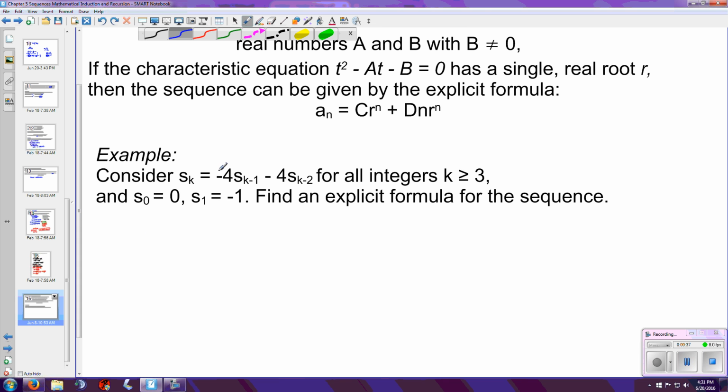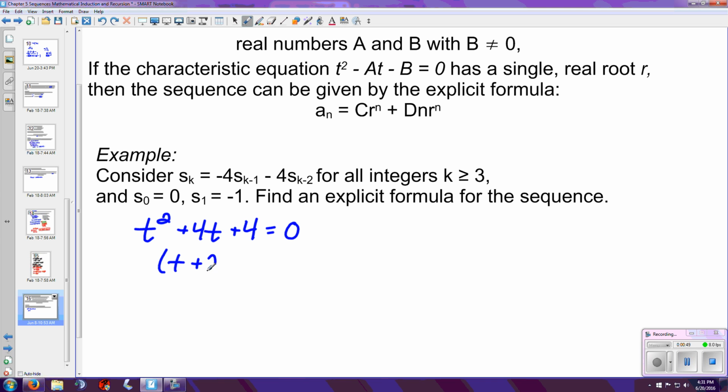polynomial for this. So we have a is negative 4 and b is negative 4. So we have t squared plus 4t plus 4 equals 0. When we factor this, we get t plus 2 squared equals 0. So in other words, we found out that t can only ever equal negative 2. Now, unlike when we were dealing with the distinct roots, you'll notice that when we have